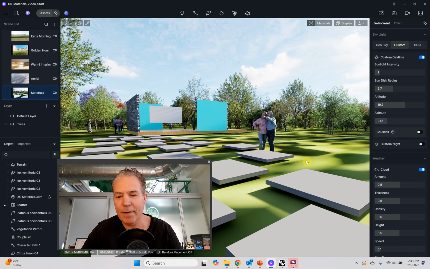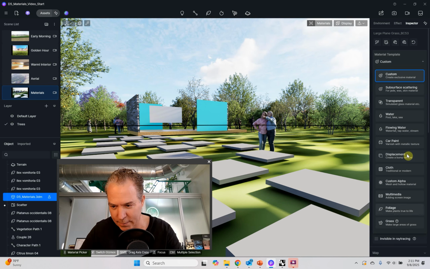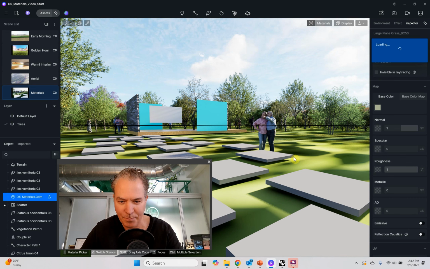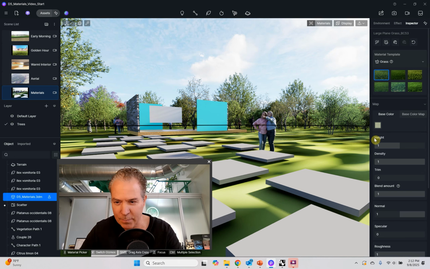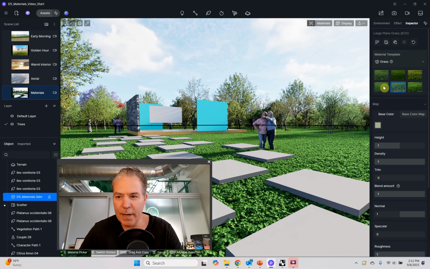So grass, D5 has a great built-in three-dimensional grass. All you need to do is select the object you want to apply it to, go up to material template, and choose grass all the way down at the bottom. All right, then you're going to have some settings. There's different grass types, so different grass textures, and I invite you to go through and look at all of